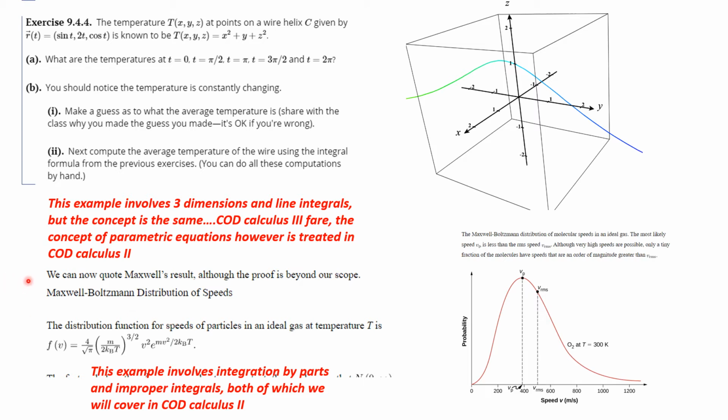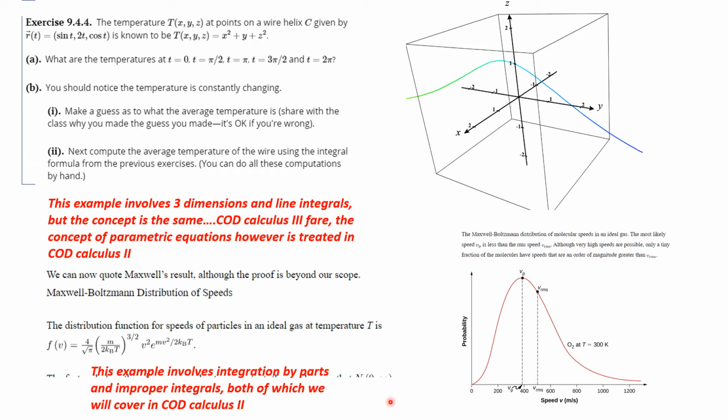A second example comes from the ideal gas law. You might study this in thermodynamics. This is an issue involving the Maxwell-Boltzmann distribution of speeds of molecules. All molecules are not moving at the same speed; there's a bell-shaped curve that describes this. You have a most probable velocity, you have a root mean square velocity, but also you might be interested